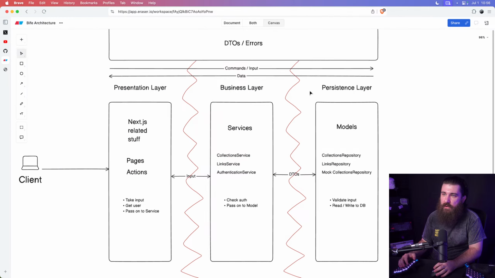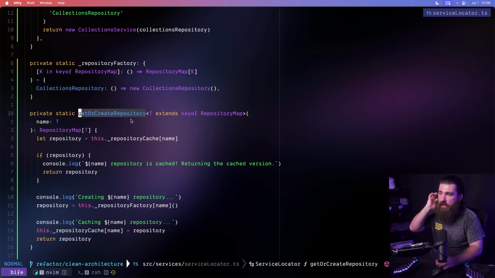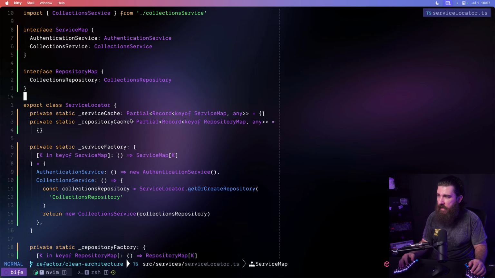This jump right here. Right? The only way to use the persistence layer is through a service. And you can use services inside of the presentation layer, but the persistence layer, like repositories, they live here. I should call this repositories. There we go. Repositories are only accessible through the service itself. That's it. And this is how the factory